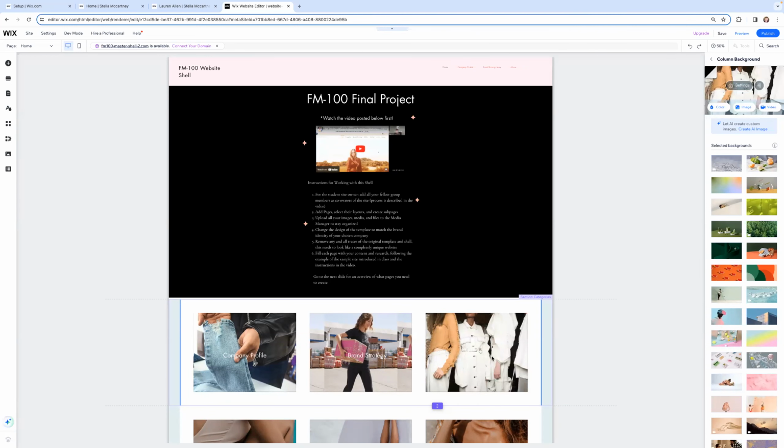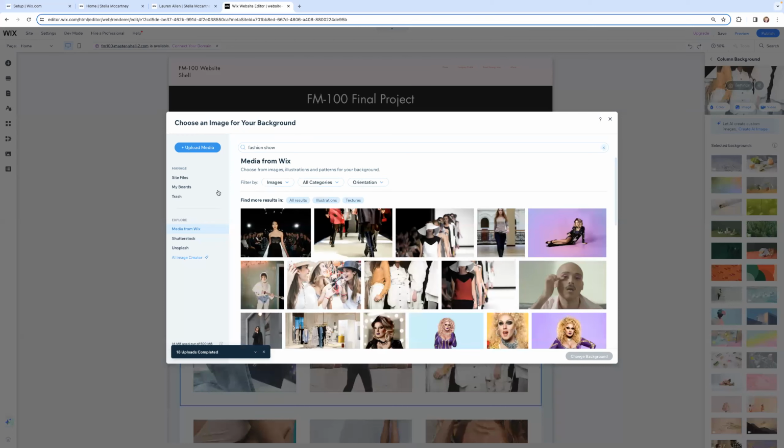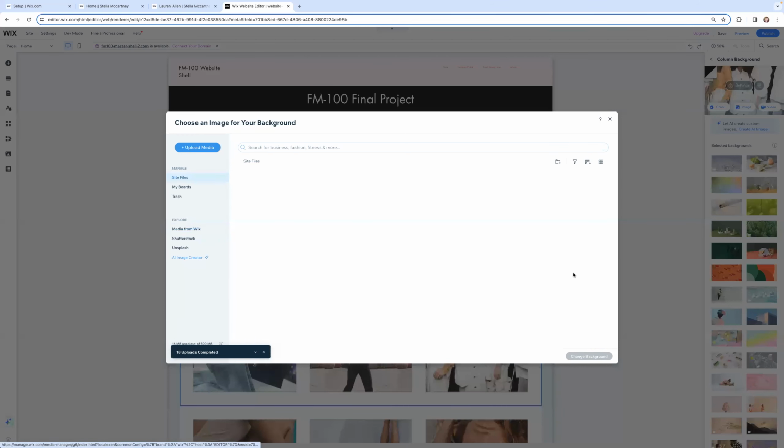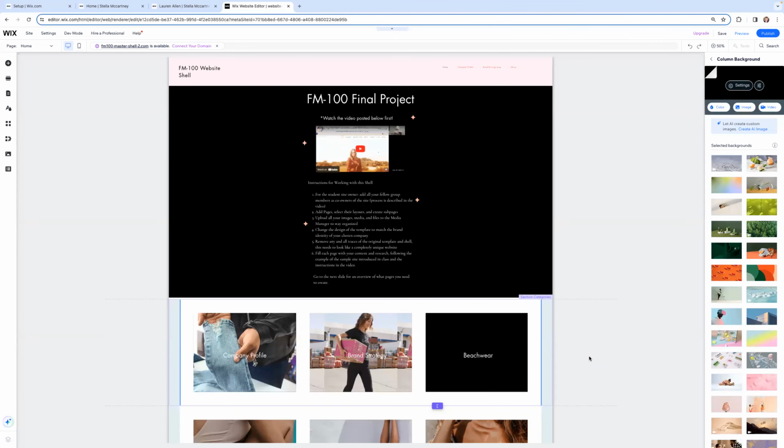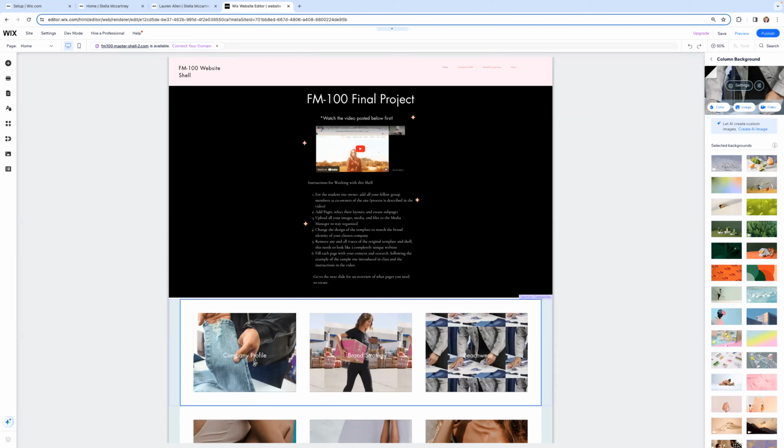Excellent. And now again, a little note on design, you can't see the text, right? So maybe this image isn't the best one to use. So, okay, I don't like that one. I'm going to go back to my own media, see what I can find here. Let's try this one and see if I like it. Yeah, that's great. Okay, so that one's better. And now